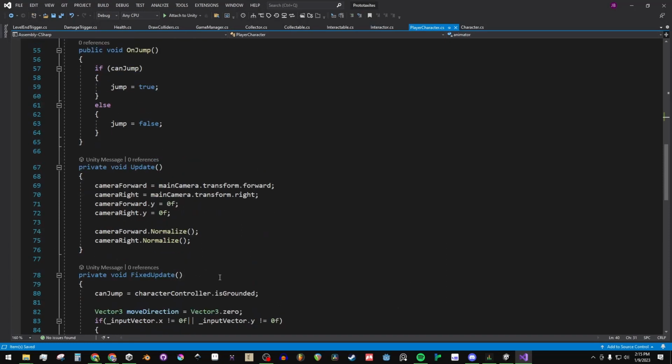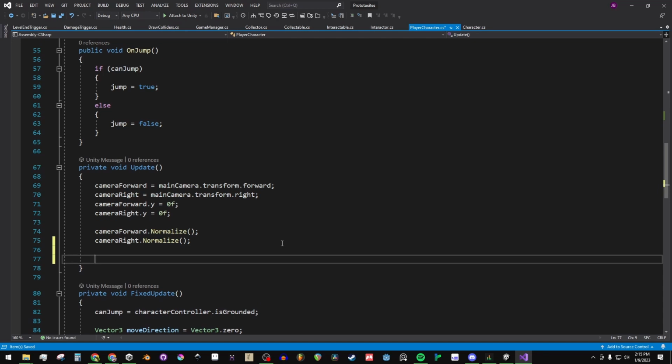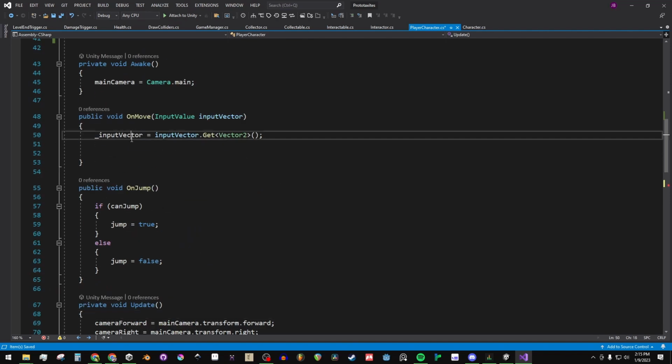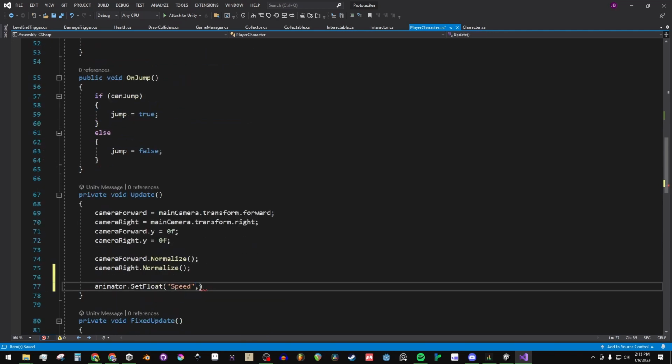So we'll go ahead and do that in the update. We'll just say animator.SetFloat, and the name we used was speed. The value that we're passing through is going to be the input vector from our gamepad. So input vector, and we're going to get the magnitude of the input vector,